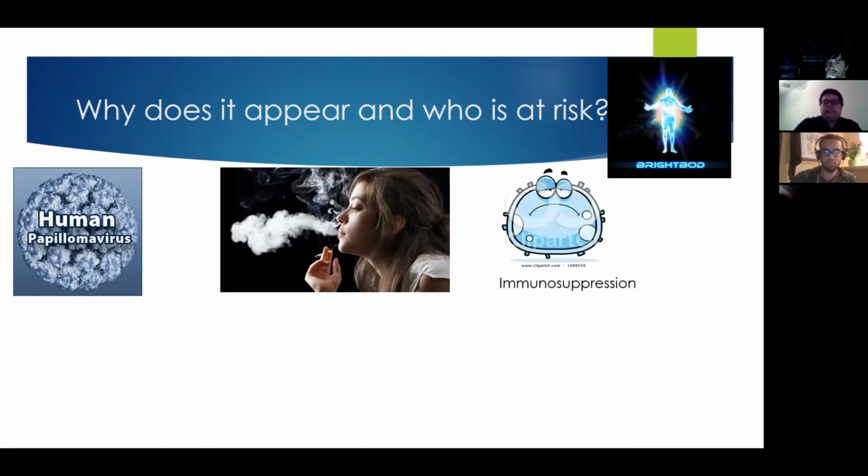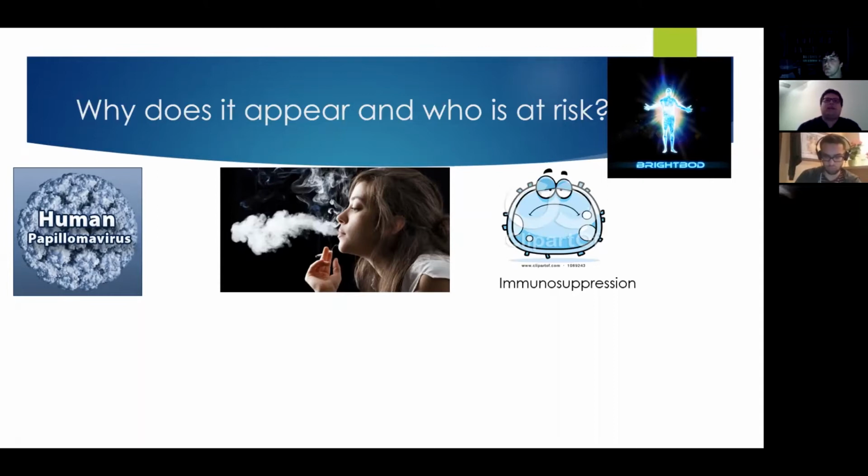Immunosuppression, in many different ways. Immunosuppression is basically when the immune system, the defense mechanism of the body, is not working properly. So it is easier for certain organisms, either viruses, bacteria, or parasites, to get inside the body and cause certain damage. Obviously, nowadays, with HIV being an epidemic, that is the biggest risk factor regarding immunosuppression, but it can also be caused by